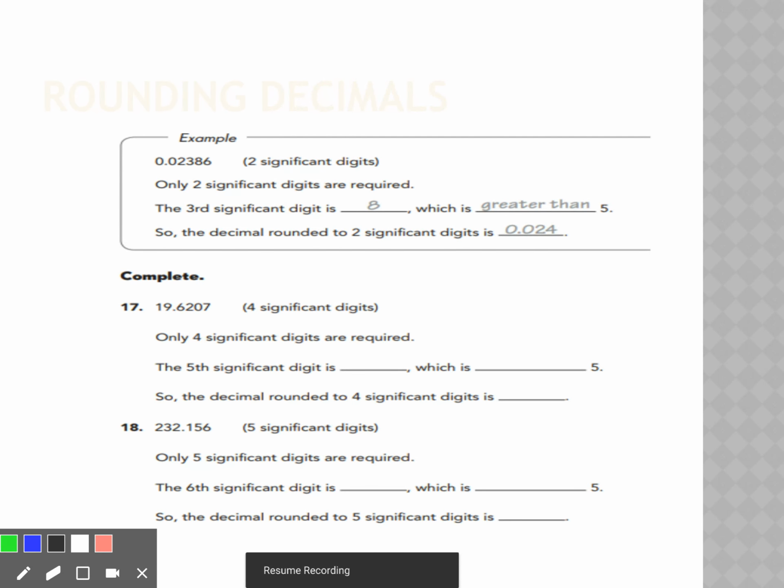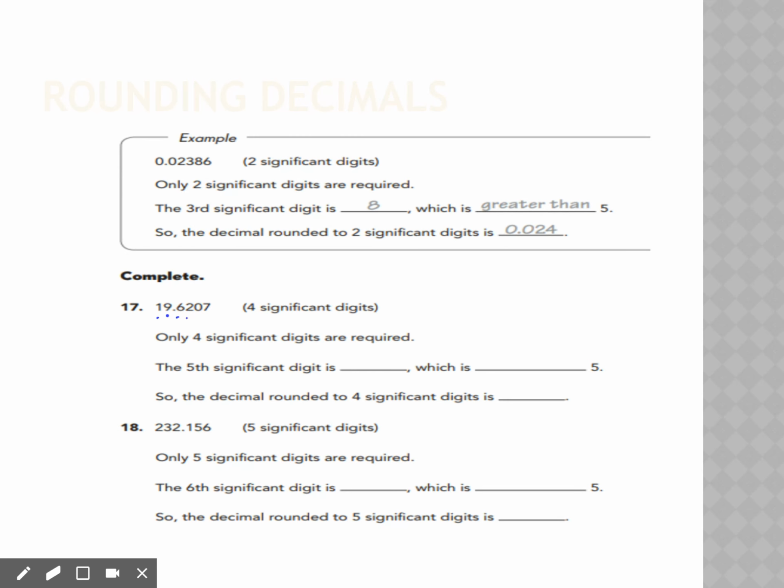Rounding decimals, you're doing exactly the same thing. You just have to count the significant digits. So 1, 2, 3, 4 in this case. So we have to look at the fifth. The fifth is a 0, which is less than 5. So we know that the decimal rounded to 4 significant digits, we're going to leave that 2 alone because we have a 0 in the fifth. So we just simply have 19.62. We don't need to add any trailing